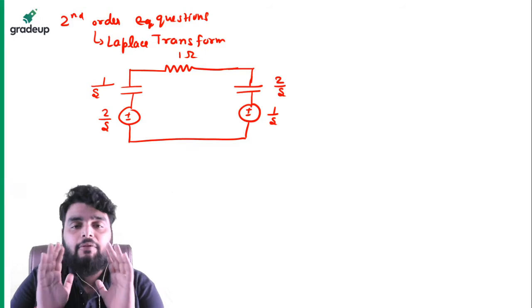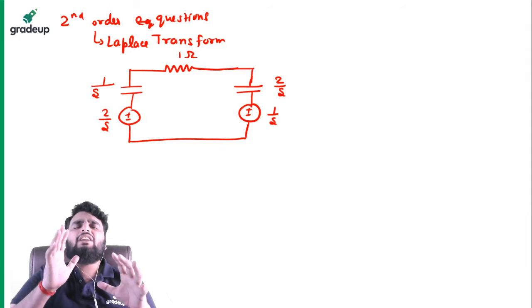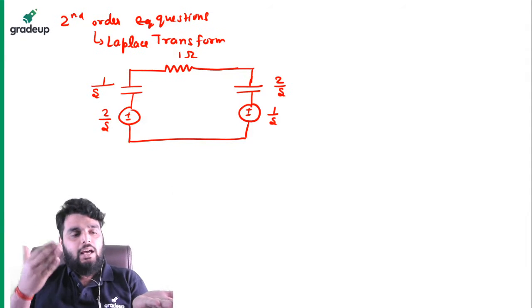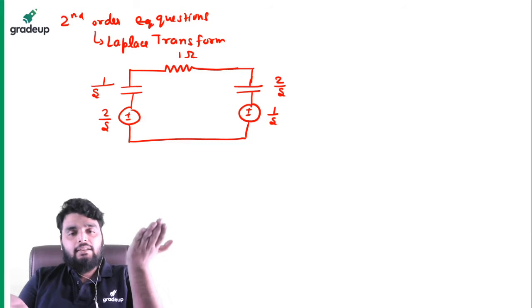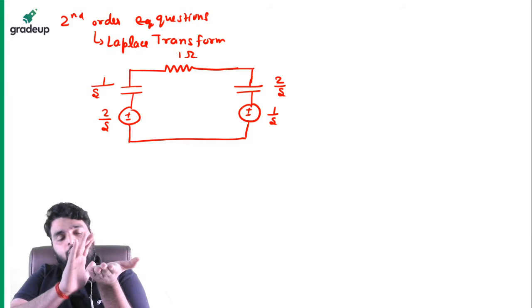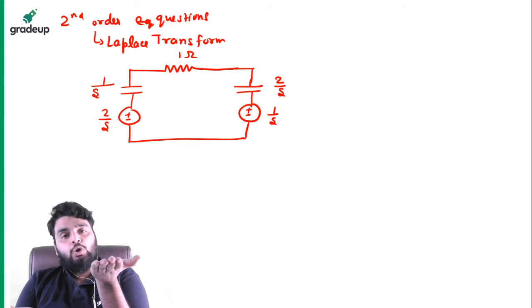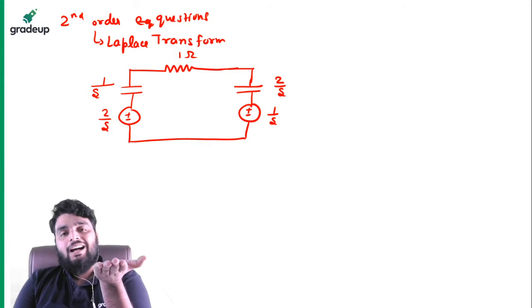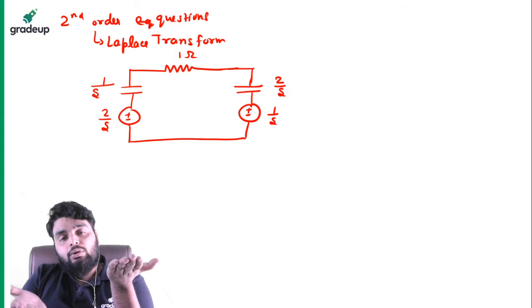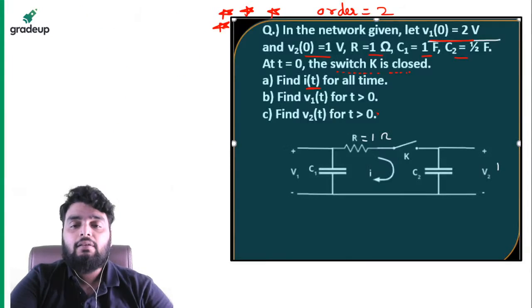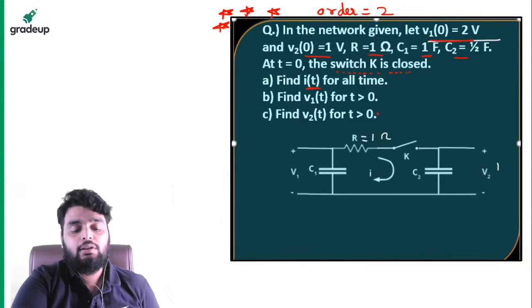Now beta, listen very carefully. This question is very beautiful. Let's suppose I have capacitor 1 and capacitor 2. This capacitor is highly charged, so let us suppose I place this capacitor above capacitor 2 because it is more charged than capacitor 2. As soon as the switch closes, when you switch on the particular network, means when you close this particular switch,